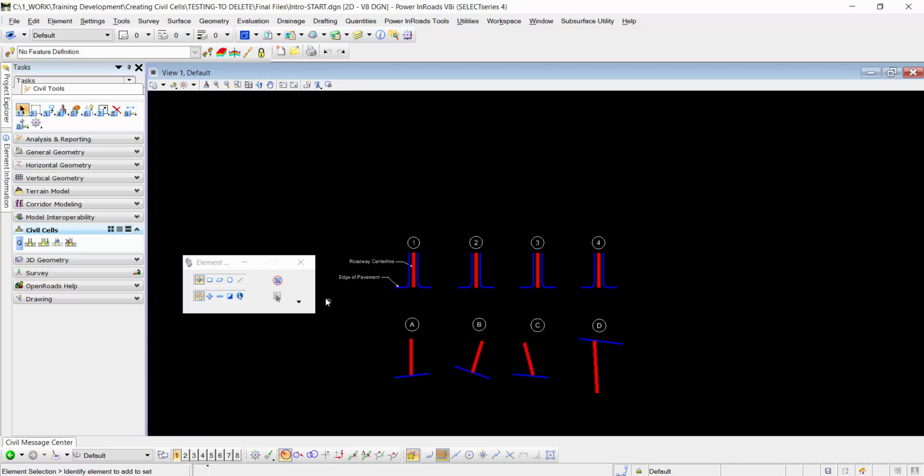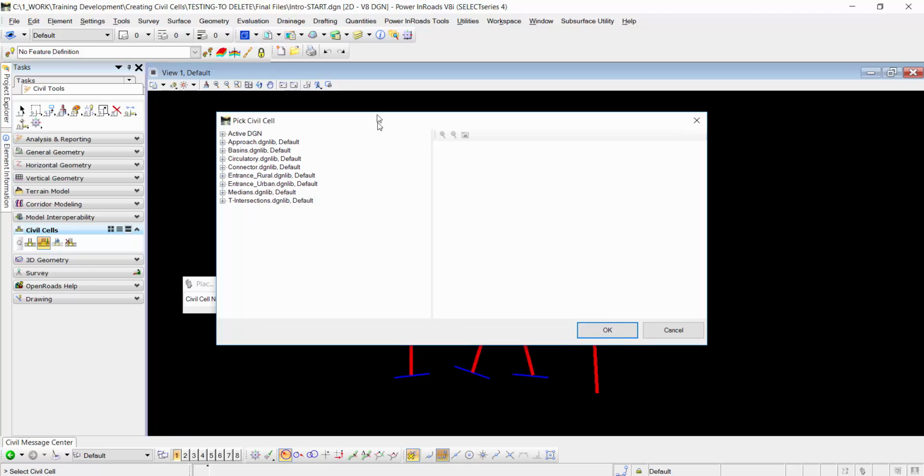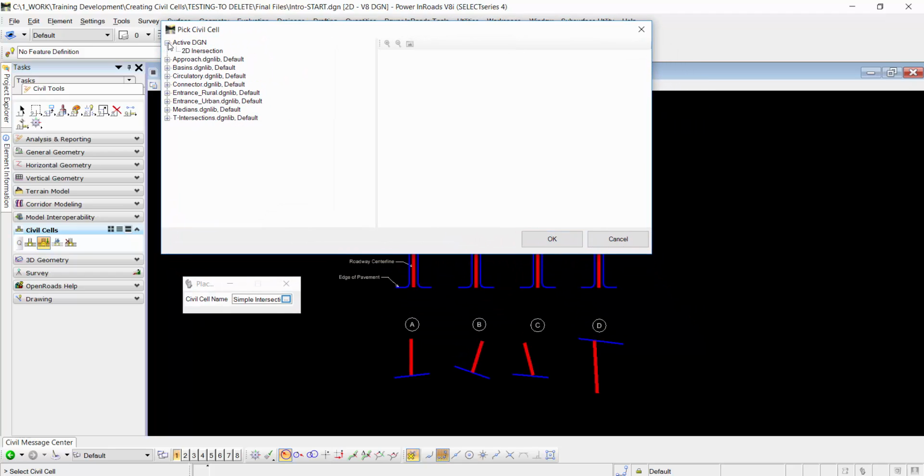Now we can review the civil cell by going over into the civil cells dialog, and we're actually going to click the button to place the civil cell. Then we'll click the browse button on the place civil cell dialog, open up the active DGN, and now we can see our 2D intersection civil cell. And we can see the visual representation of that on the screen. Now we can go a step farther and click the OK button,